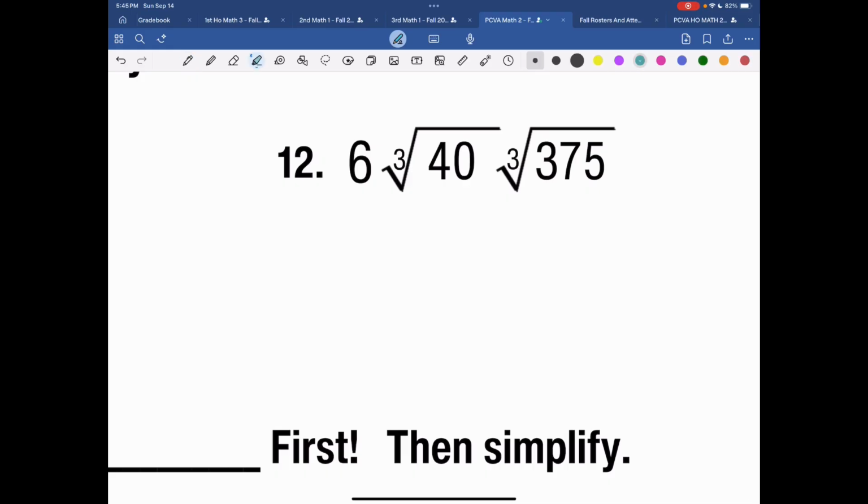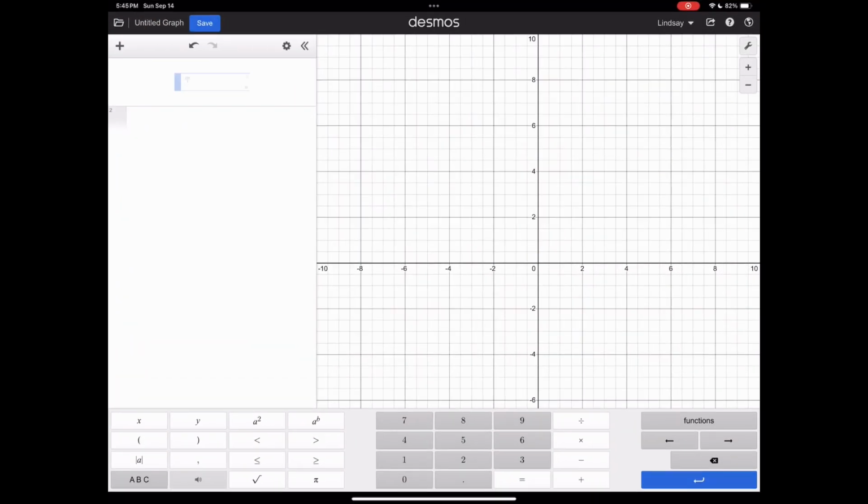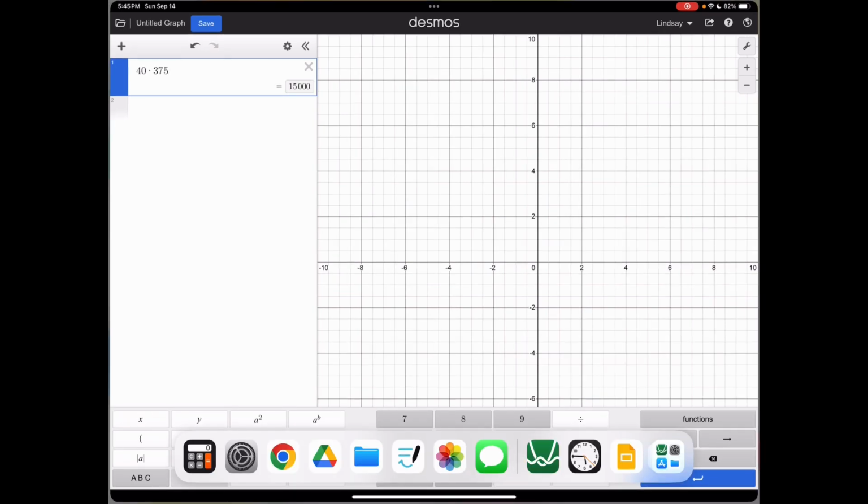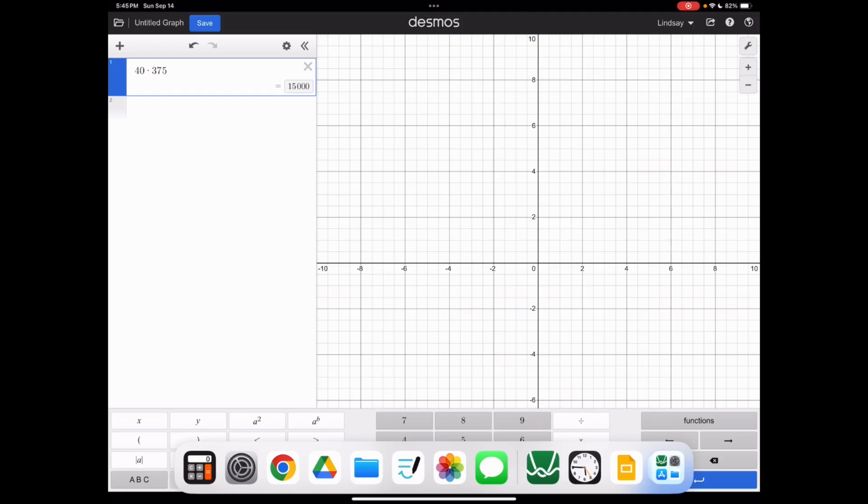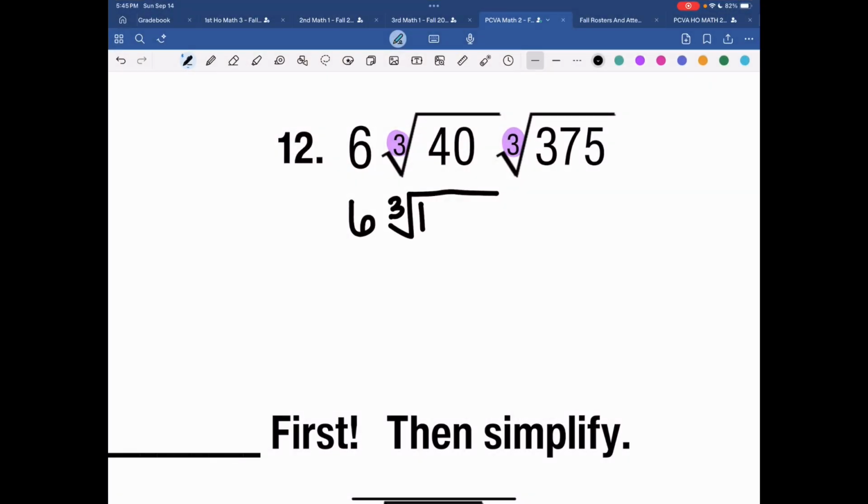Now again, we have our indexes. They do match, so we're doing cube roots this time, and we have a 6 out front. So this is going to be 6 cube roots, and then we're going to multiply 40 and 375. So 40 times 375. And you could essentially break them down individually first, because it is going to wind up being a huge number, and that's okay. I mean, we can kind of work our way through the process. So we got